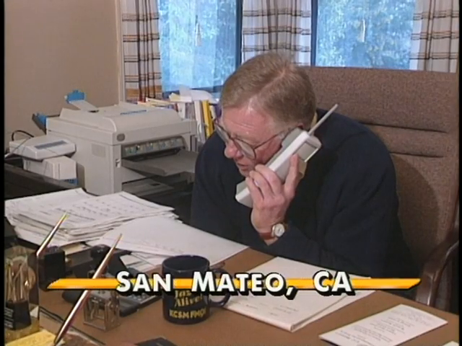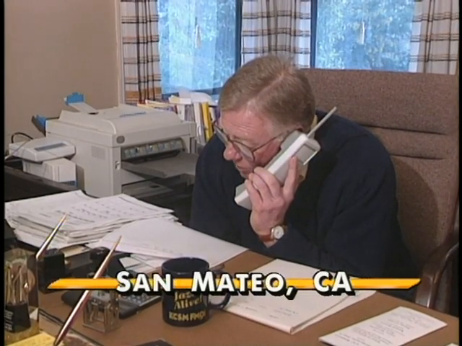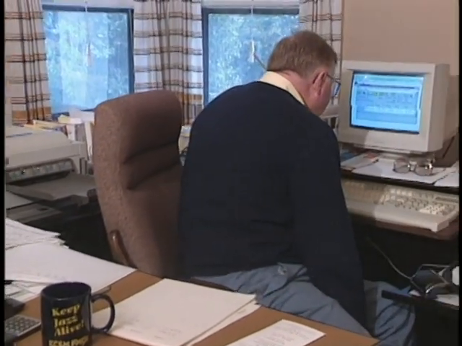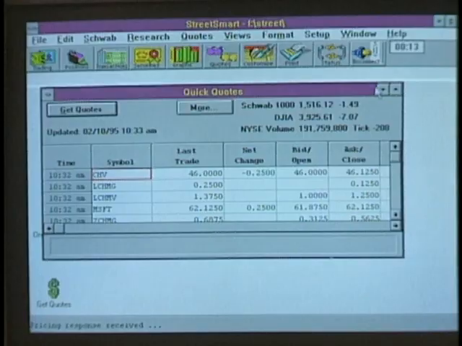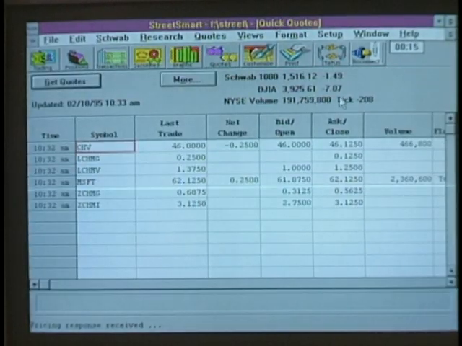When Ted Evans retired, he decided to take charge of his savings and investments based on his own research, on his own time, and on his own computer. He now trades online using StreetSmart, a $59 software program from Charles Schwab. With the help of a Schwab trainer, Ted became a self-sufficient investor, and he doesn't regret it.